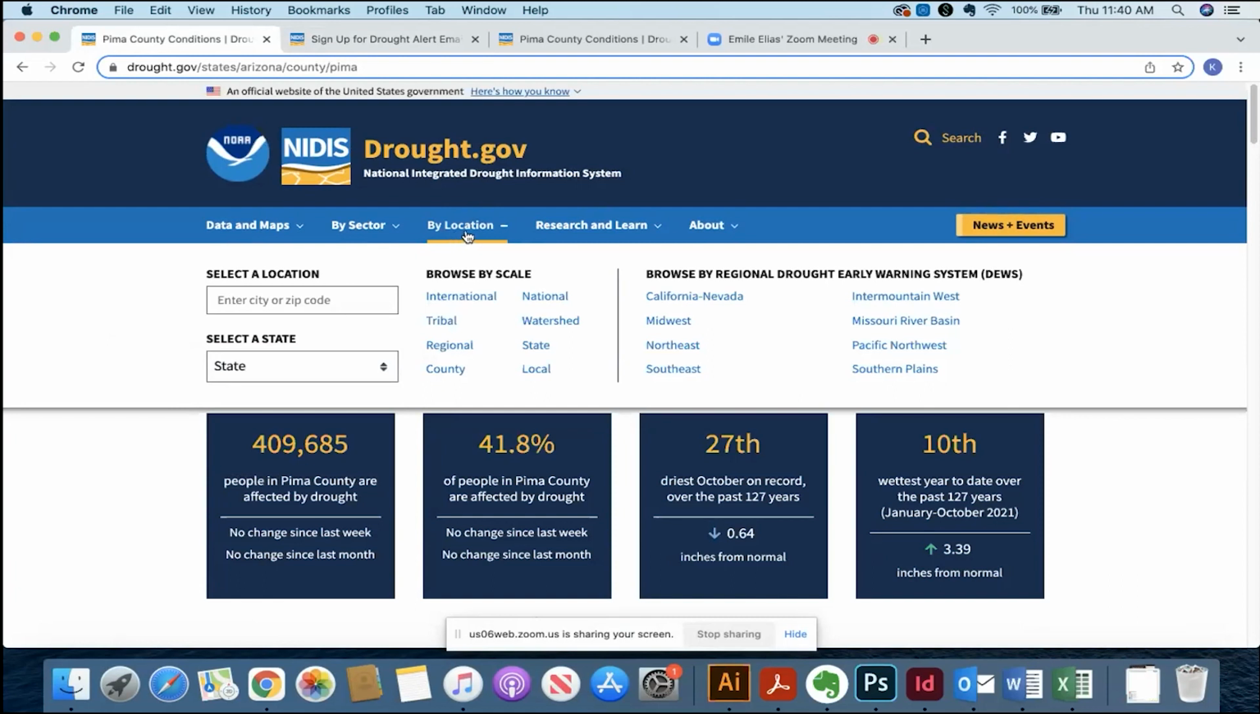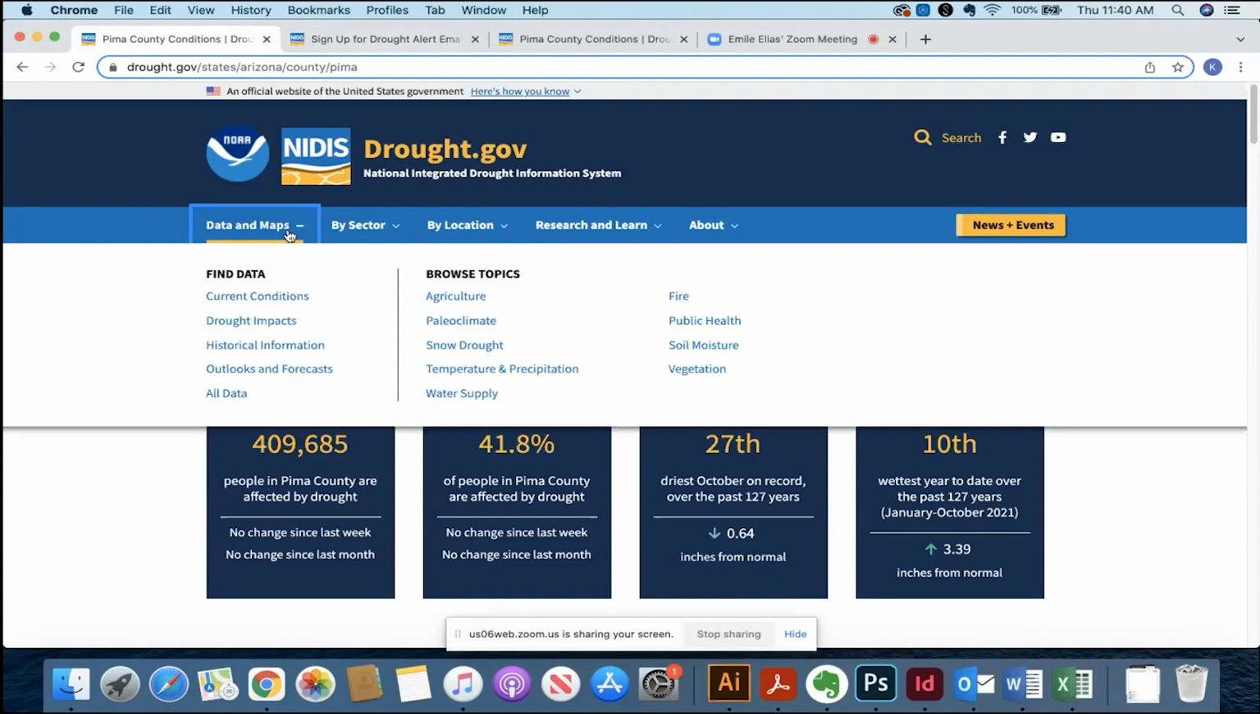Moving on from our by location section, another way that you can view drought information on Drought.gov is through our data and map section, which organizes this information by topic instead of by geographic scale. One of the things we've really tried to do with the new Drought.gov is take data and maps from our partners, bring them together, and visualize them in new ways that make it easier to understand and to share drought information. So you can view current conditions, outlooks, forecasts, impacts, and more in this section, but I'm going